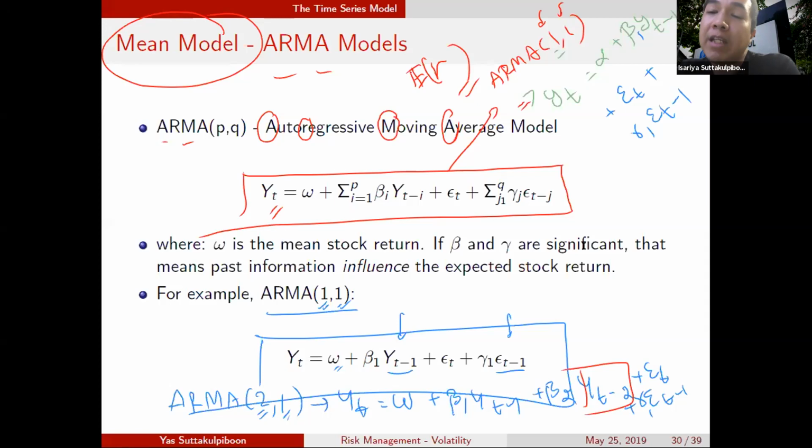Pattern at the mean value has some pattern. You can think of this in your application: today's stock price can predict tomorrow's stock price, or today's stock return can predict tomorrow's stock return. We have two components. The first component I call a persistent effect. Why is it persistent? This effect will last for a longer period of time. If you have this persistent effect, it will generate something that will persist for